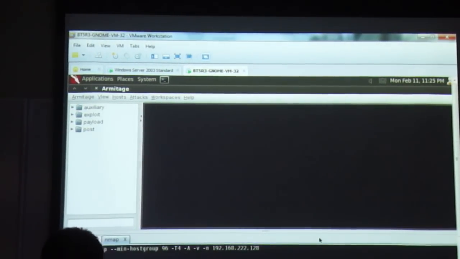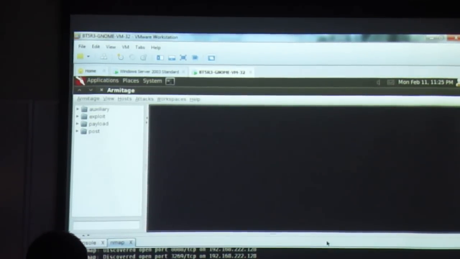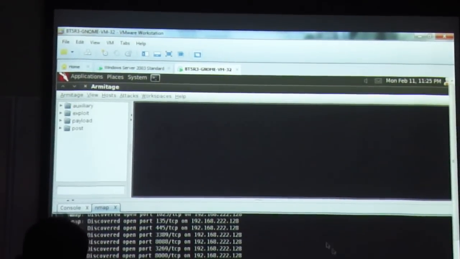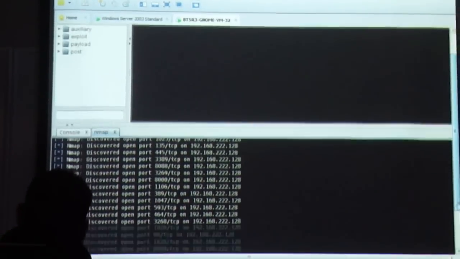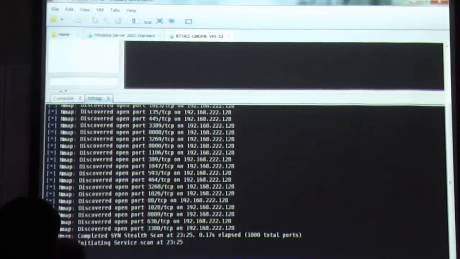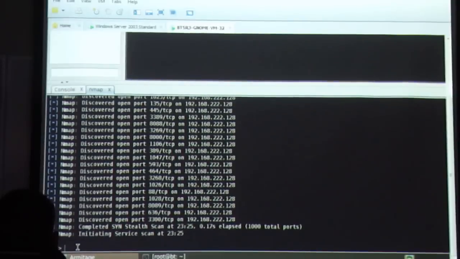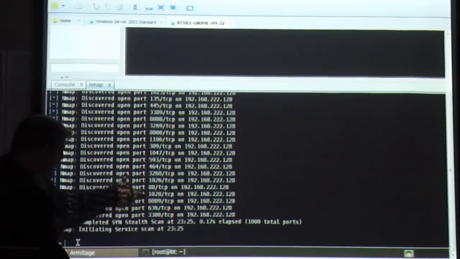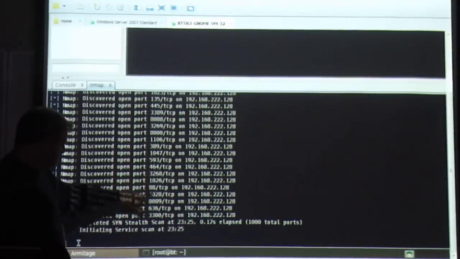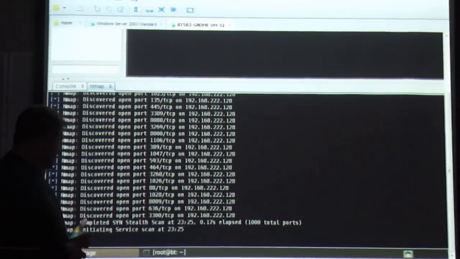I click OK. And down here in the bottom pane, I can kind of push this up a little bit. It's going through. Now, just because it comes back to the cursor doesn't mean it's done. It found all of these open ports. TCP ports, maybe some UDP ports. All right. And it's going through,